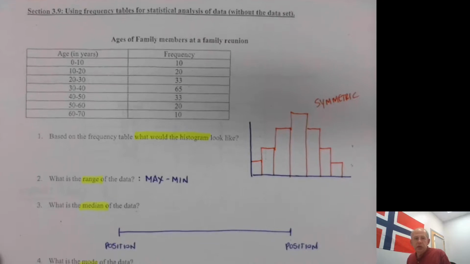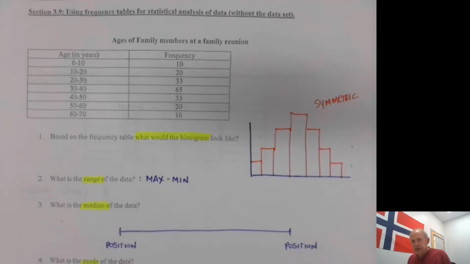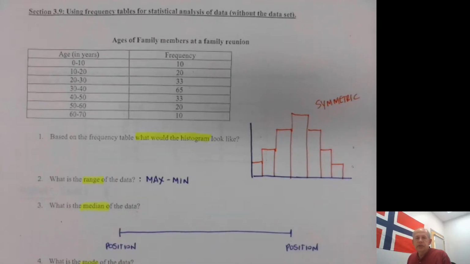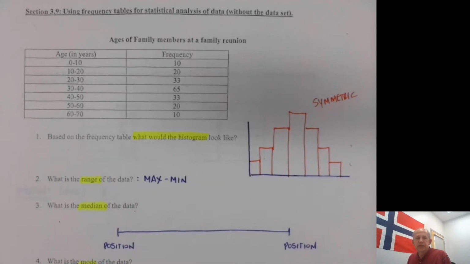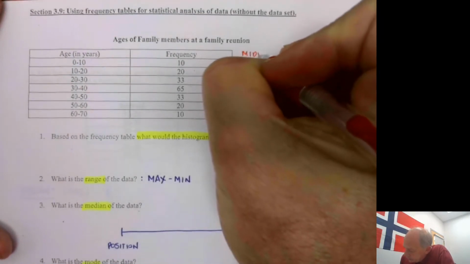Now, the range of the data. Here's where it gets a little tricky. I want to see who the oldest person at the family reunion is. Technically, I don't know that. I just know that they're somewhere between 60 and 70 years of age. They could be 61, they could be 68, I don't know. So with these